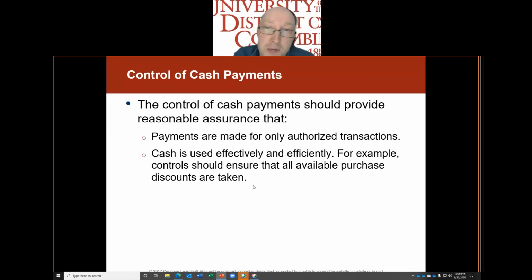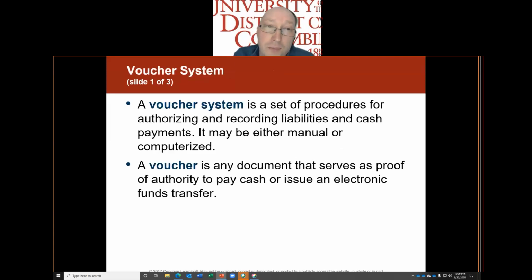Controlling cash payments. Payments are made only for authorized transactions. Cash is used effectively and efficiently by controlling the process and discounts. Now let's talk about vouchers. A little bit different, but similar. A voucher system is a process of authorizing and recording liabilities for cash payments that are either manual or entered in a computer. A voucher serves as the authority to pay cash and electronic funds transfer. Okay,